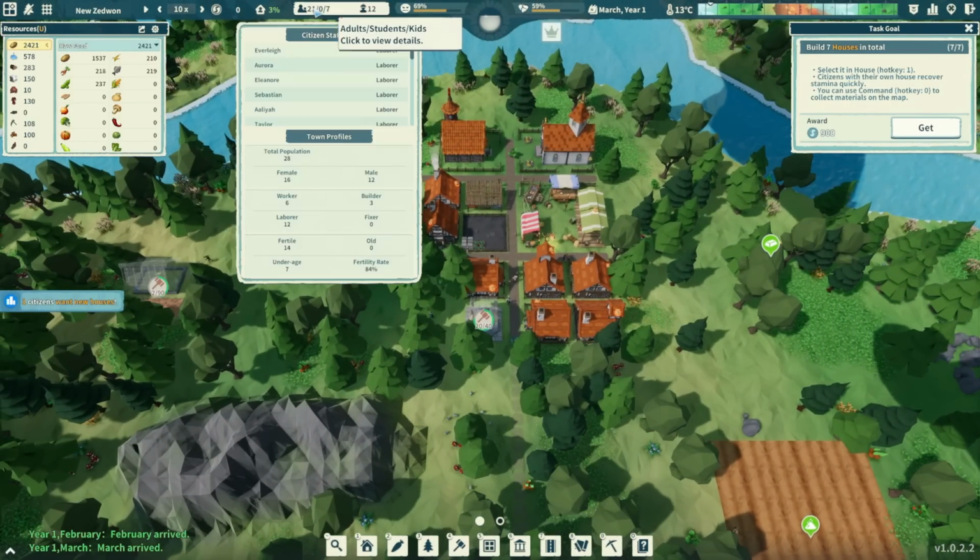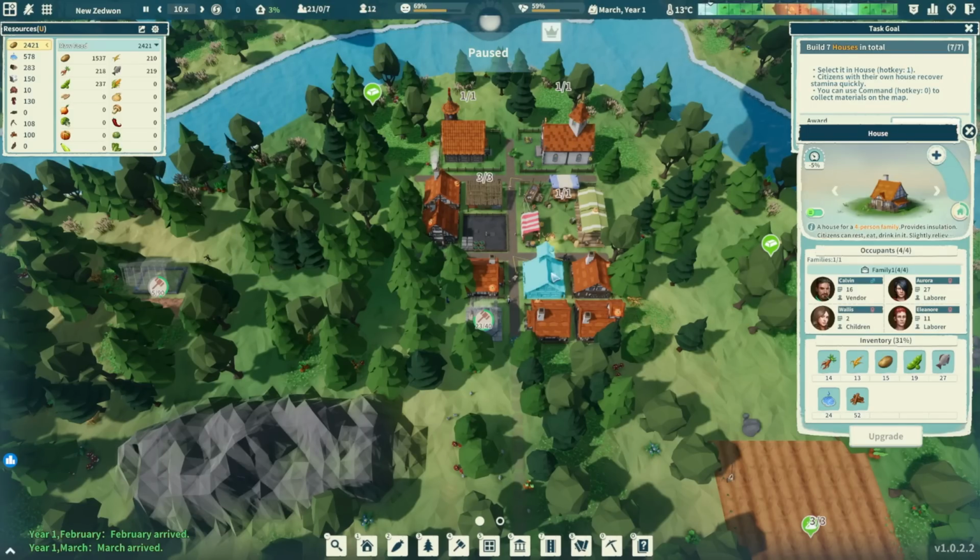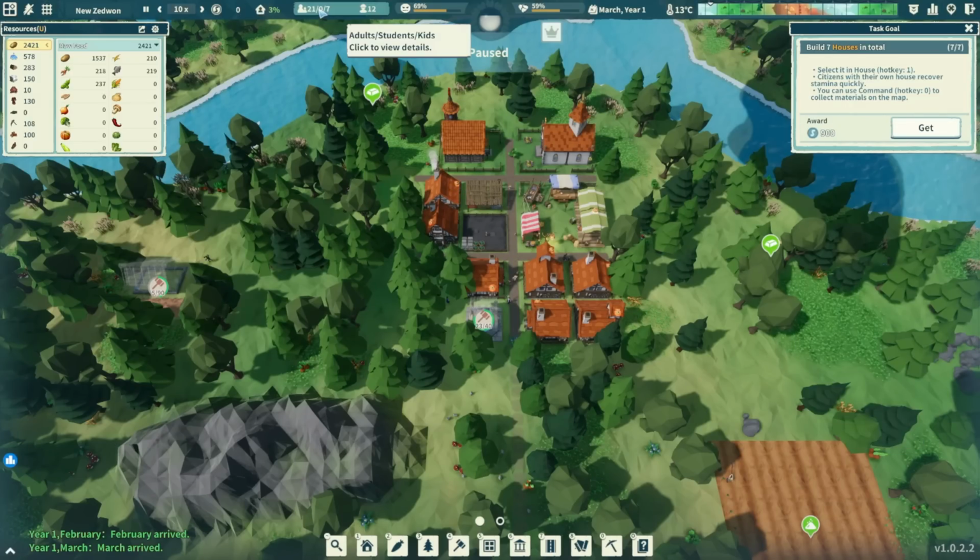Adults, students, kids. Click to view details. Okay, so total population. Fertile, 14. 84% fertility rate. That's kind of interesting, an interesting statistic there. So each house can hold 4 people. So we've got housing for...